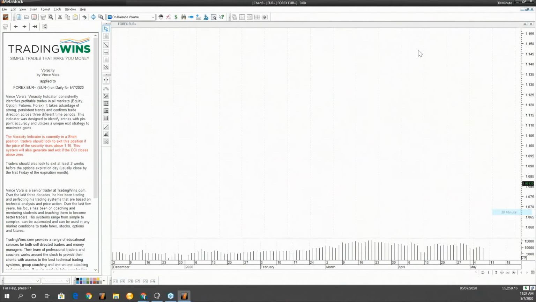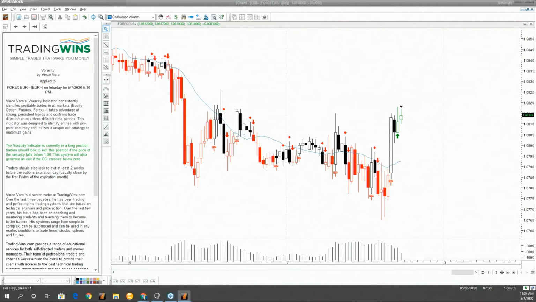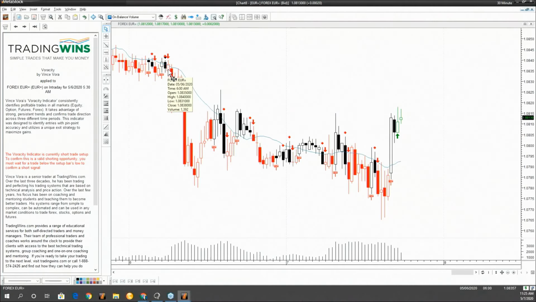Vince does trade a lot off of the daily and the 1-hour charts, but I always like to show these different types of markets that you can trade within MetaStock using this. So for example, this last one, I stuck on a 30-minute chart. This good move right here would have been yesterday at 5:30 in the morning, trading on the euro. It got you in on a setup when it crossed below the low of the previous candlestick, and got you in on that large move. So this was trading off of a 30-minute.